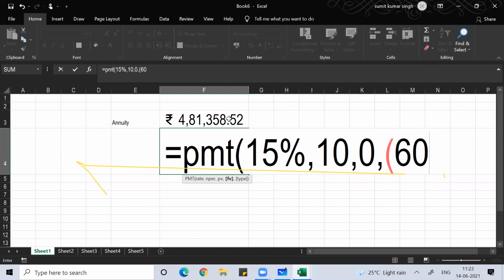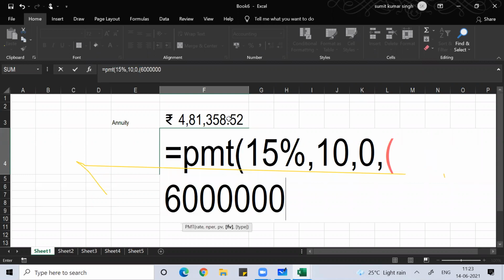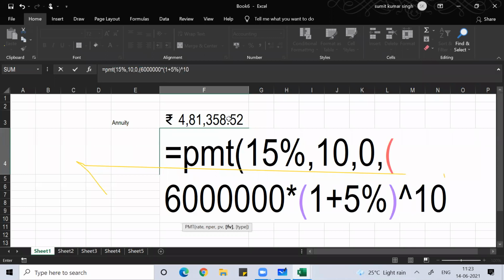60 lakh means how many zeros? 60 lakh means 6 million, 6 zeros. So 60 lakh into (1 plus 5%)^10, that is my future value. Then 0. Just put it with a minus sign for future value.